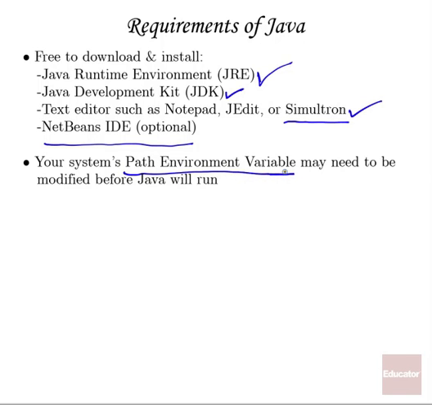What this does is it creates a link between the development kit, where that is housed, and where that is stored on your hard drive and where all the files that you create are stored. So sometimes if it can't find that path, that class path, or that file path, it will give you this error. And for information on this, just search on these words at the Java site, java.com: path environment variable, and you'll find an instructional tutorial that shows you how to set that variable and how to verify that that variable is correct.